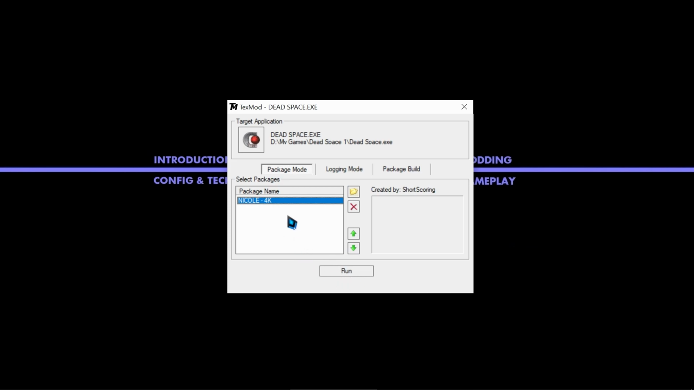And then when you encounter Nicole throughout the game, she should look better visually. And that's all you have to do. So select your exe for the game, select the mod you want to use, and then run it. And you can use